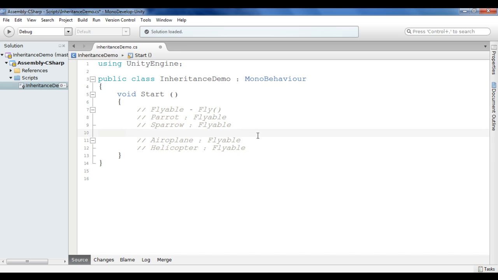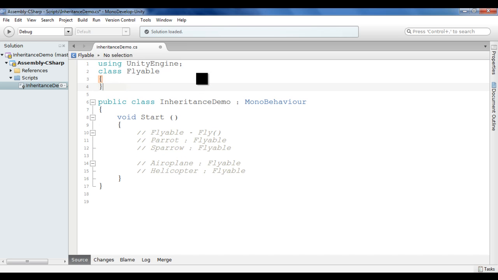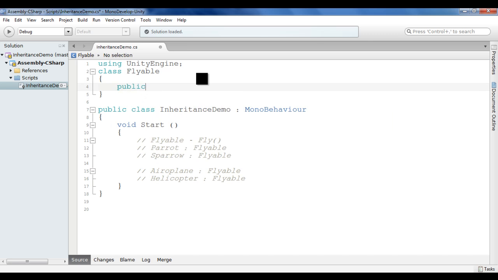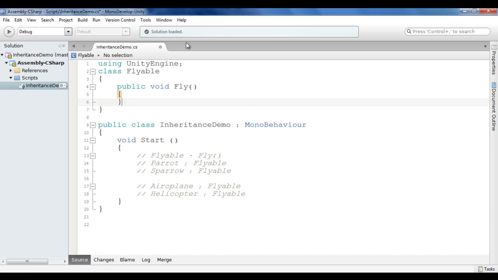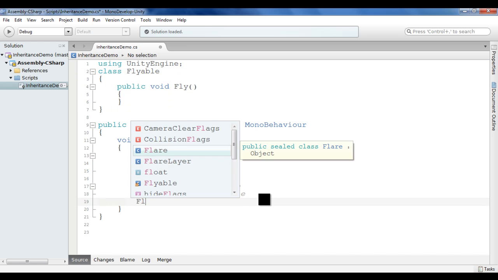Now here comes the decision, whether I have to create a class, an abstract class, or an interface, or a static class, or a final class. What kind of class do I need to create to implement this flyable class? Let's begin. First of all, I start with a class called flyable, opening brace, closing brace, and I create a method public void, and the method name is going to be fly. And you can observe here I created the flyable class. Now if I try to make an instance of that,